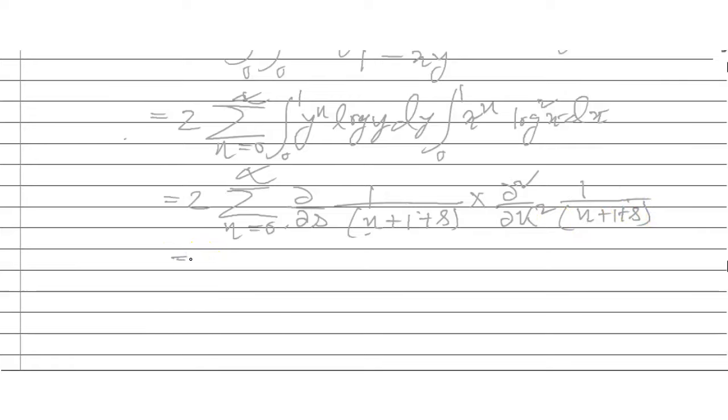So this value is the double derivative, so it is minus 2 into n plus 1 whole square, and this value